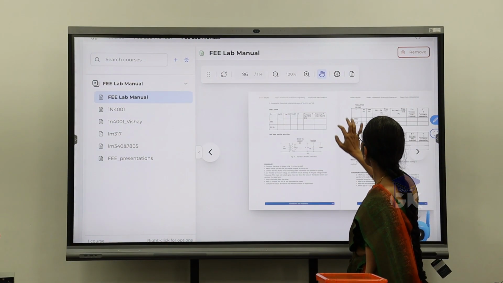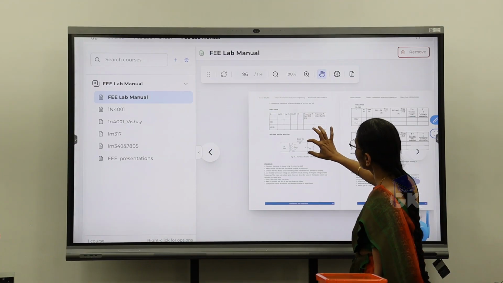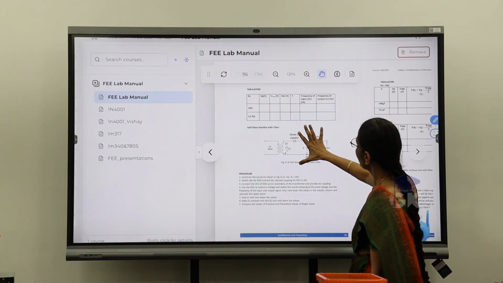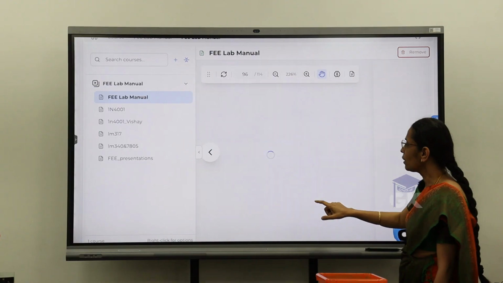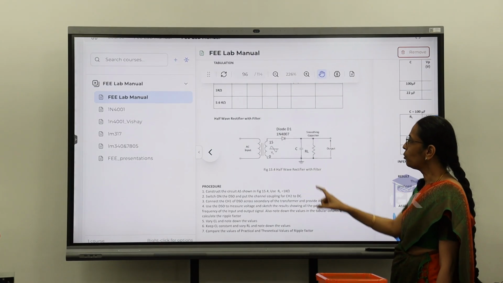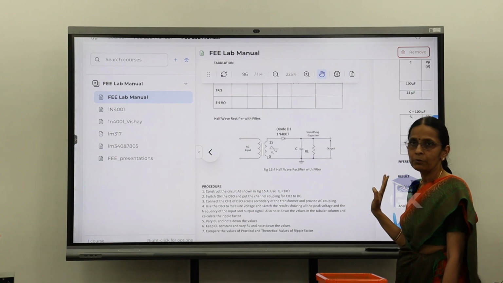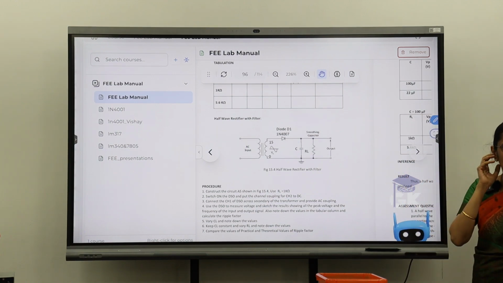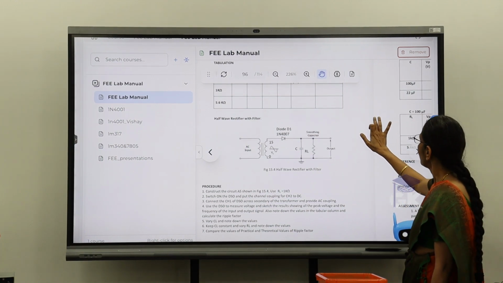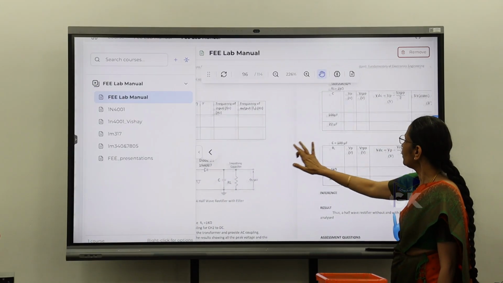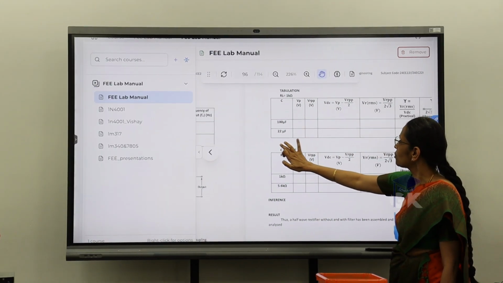So this is the circuit diagram and then the respective tabular column. So it's the same circuit to which we are going to put a load capacitor. Okay, same circuit to which I have put a load capacitor. Only that is the extra component. You take down the tabular column, then we will see the procedure also what has to be done.